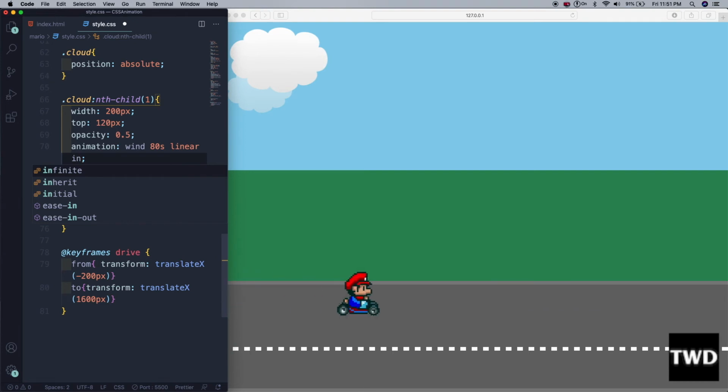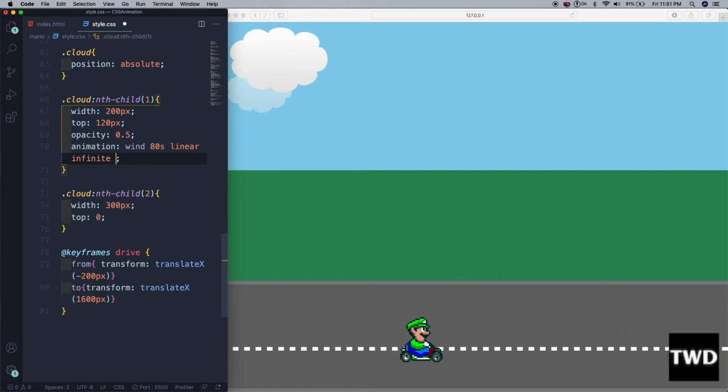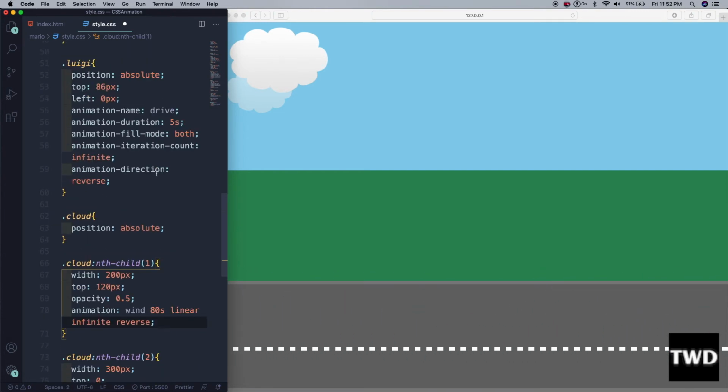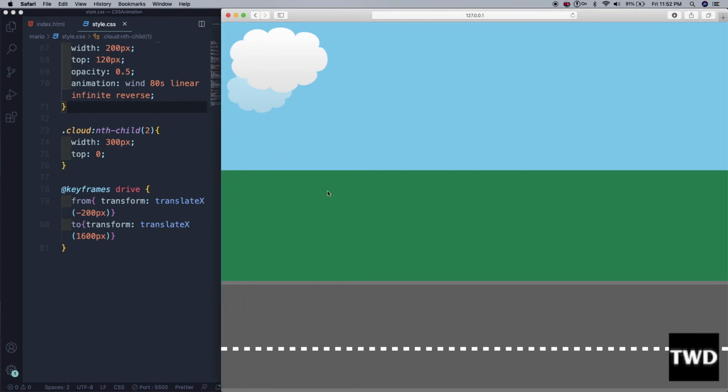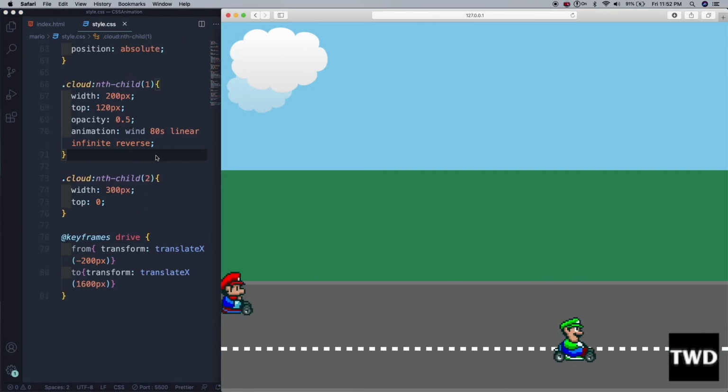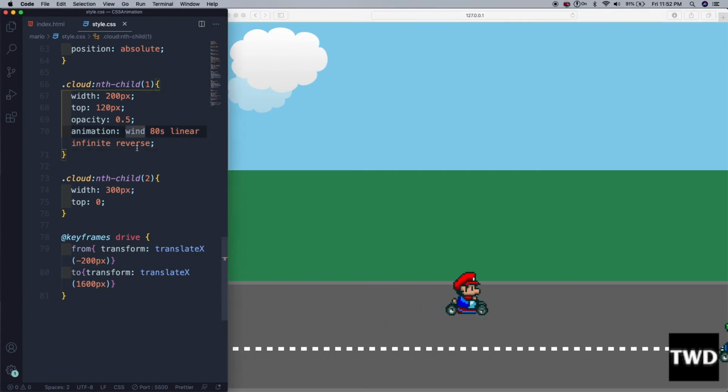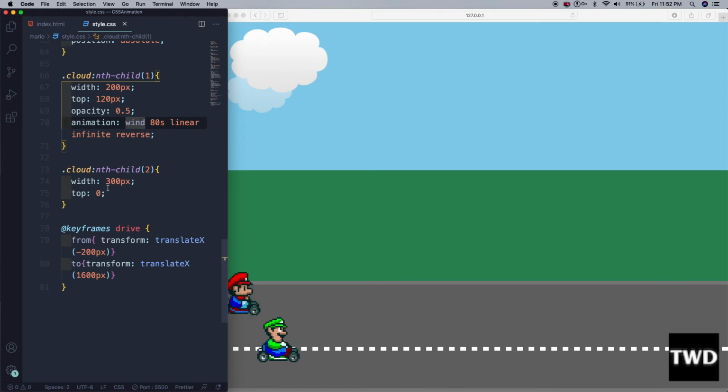This is infinite, it will go in an infinite loop, and it will go reverse like Luigi. So reverse is this animation direction. So let me save it. Refresh. Okay, we have not created this wind, that's why it is not coming.